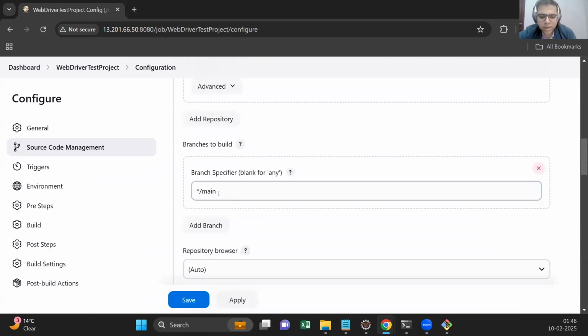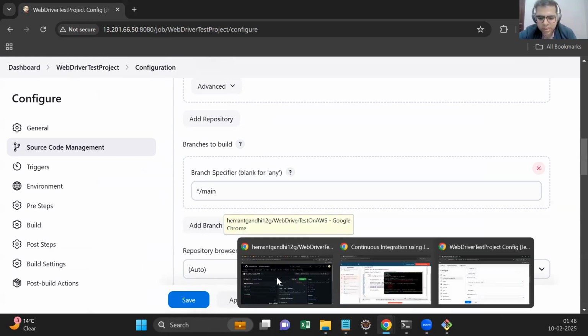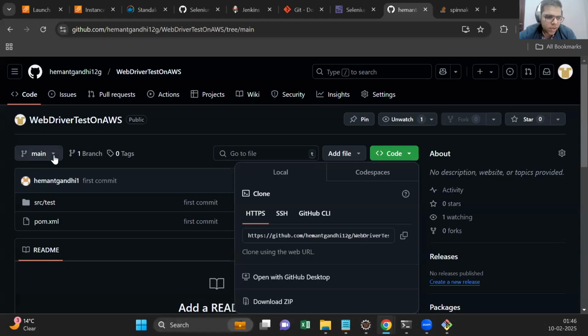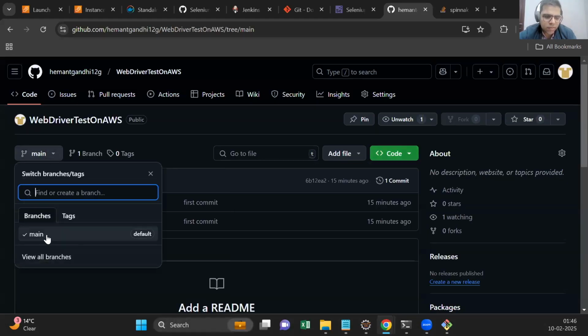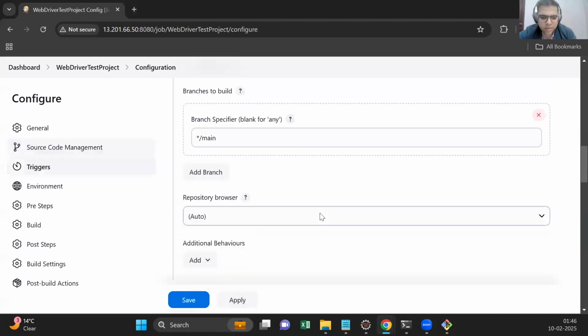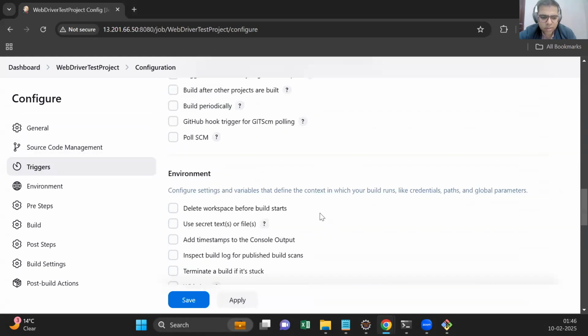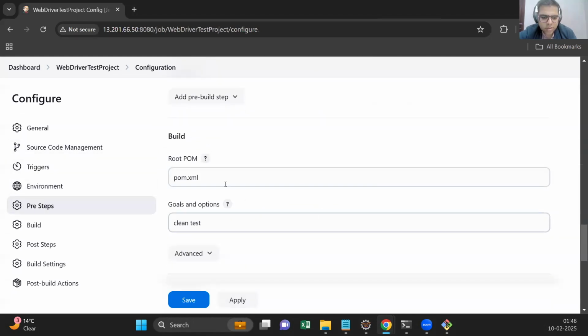Coming down, as you have changed the branch with the commands, the main branch is now main, which you can see in the project as well. So this is your main branch and the only branch as of now, which is the default, and that you have placed over here. Coming to the command, in the root POM you are going to provide pom.xml, and in the goals option, you are going to provide clean test. Apply, save,